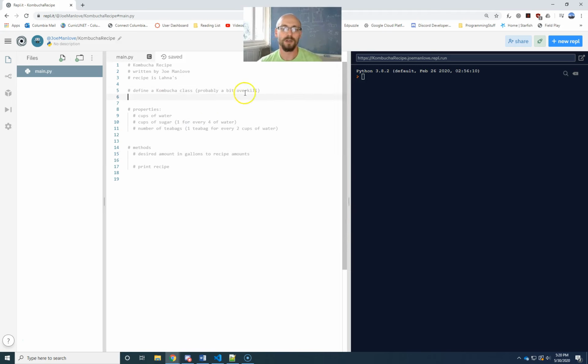So first things first, I'm defining a kombucha class that is probably a bit of overkill, right? Like, really, this could just be a function, but what the hell, right? It's the object chapter, so I may as well use an object. The way I do that is by saying class, and normally this should be capitalized, so this is going to be the kombucha class. And the kombucha class